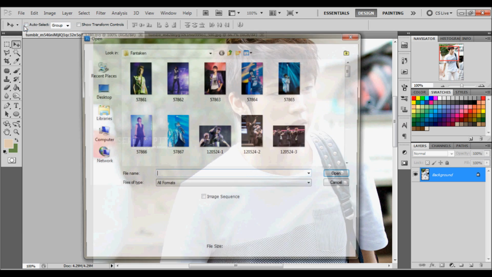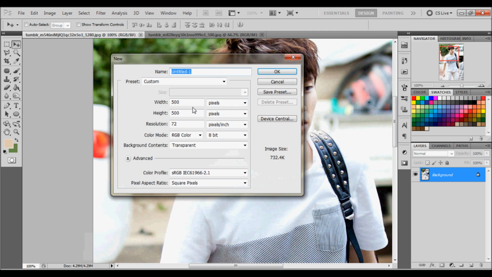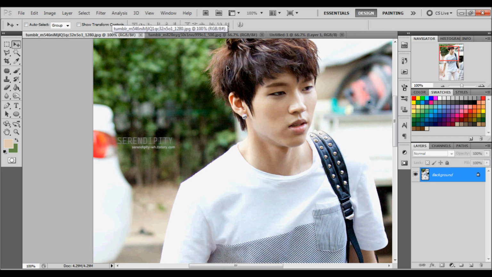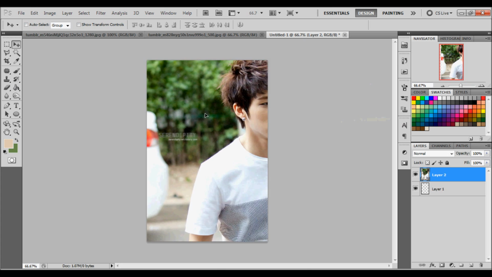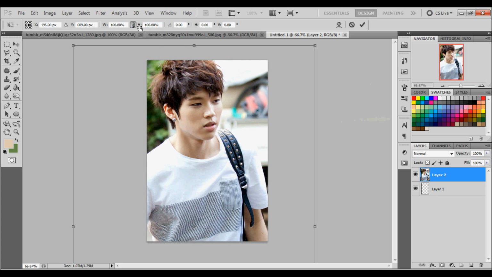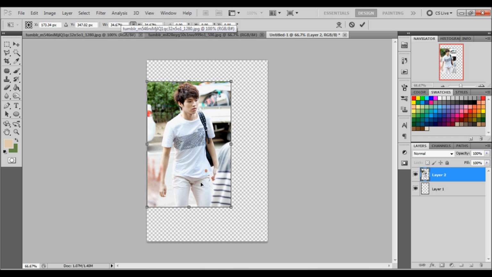Then we're going to go to File, New, and we're going to make a new document. I'm going to go 500 by 750. And I'm just going to drag Weekend's image in, and his is really big, so I'm going to Control T, transform it just enough so I have some background to work with,